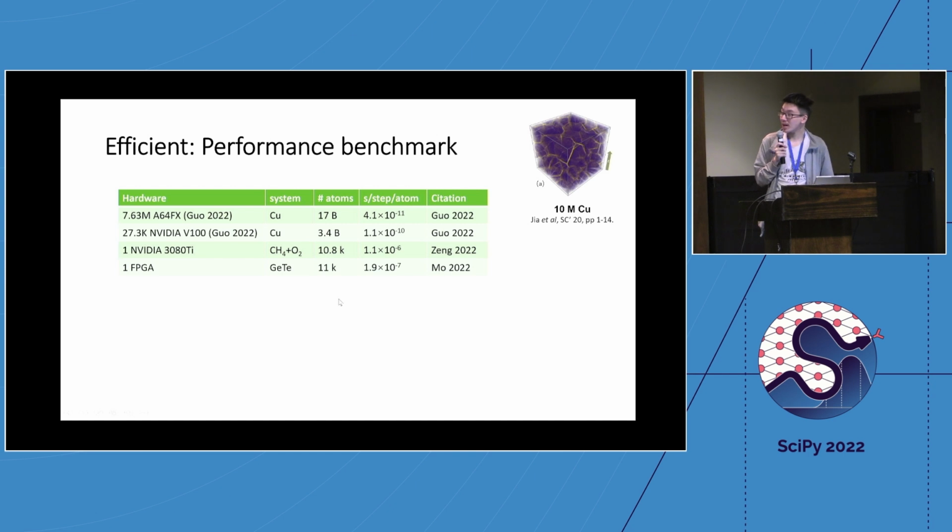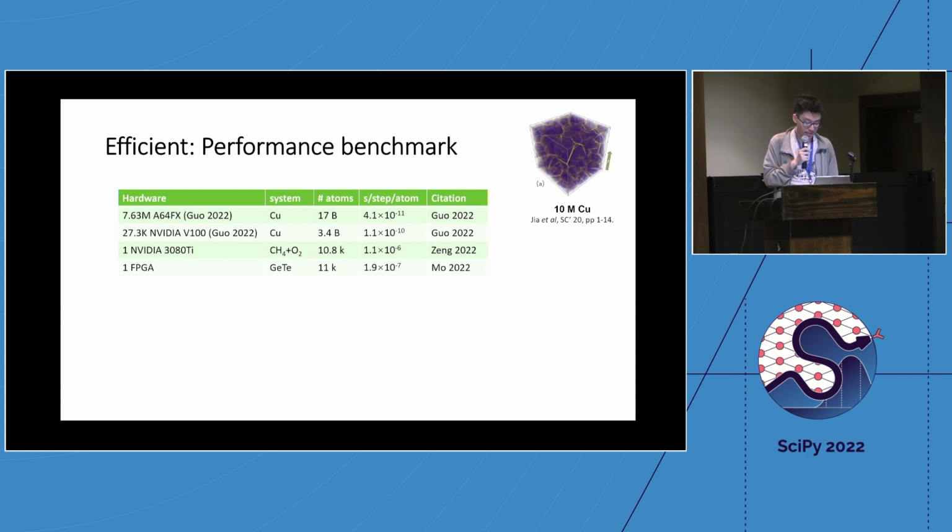So we have some benchmarks of the DeePMD-kit. The first line is we performed the simulation of 70 billion atoms on a supercomputer cluster, and it has very good performance. And also this is 3.4 billion atoms, this is on Summit with 27 thousand V100,